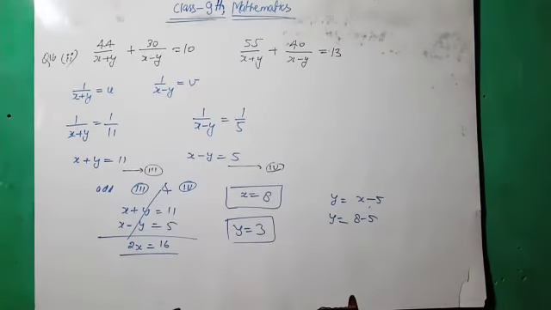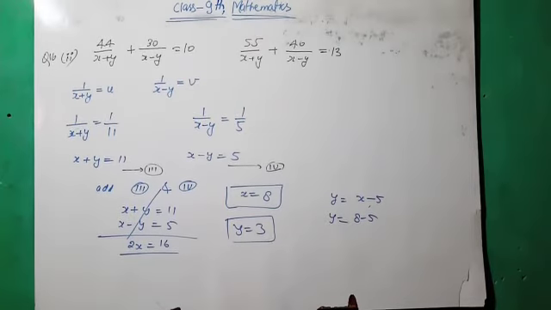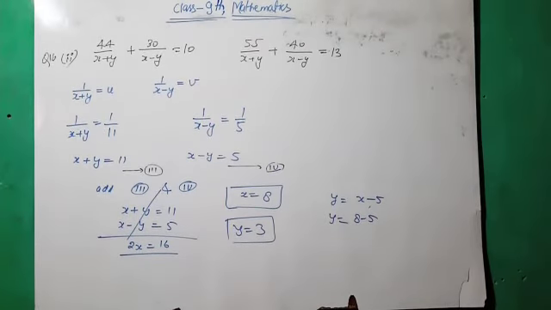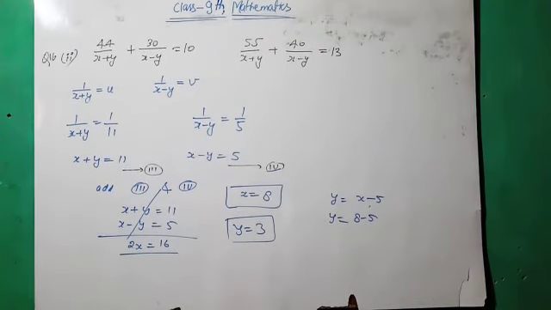Till question number 16, you have to do everything in your fair copy, whatever I am doing. In question number 17, on the right side you have 5uv in both of the equations. So you have to divide both equations by u into v, so that the equations become this type of form. In question number 17, you have to do all the remaining part.